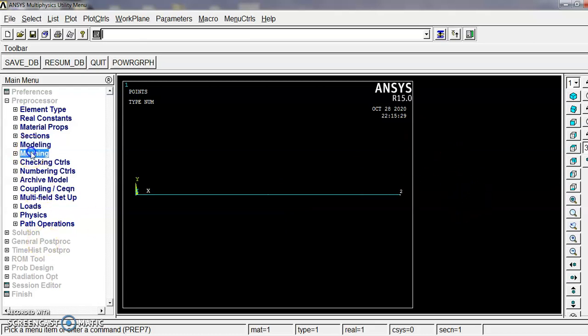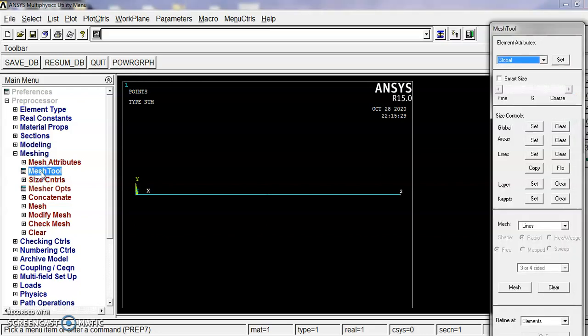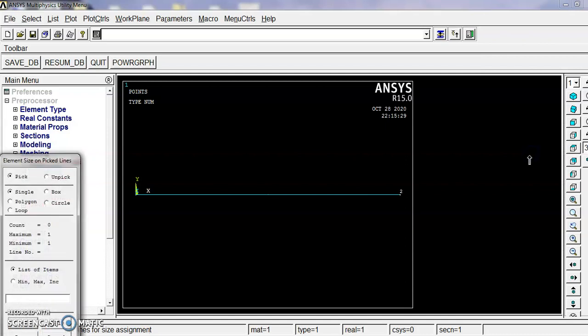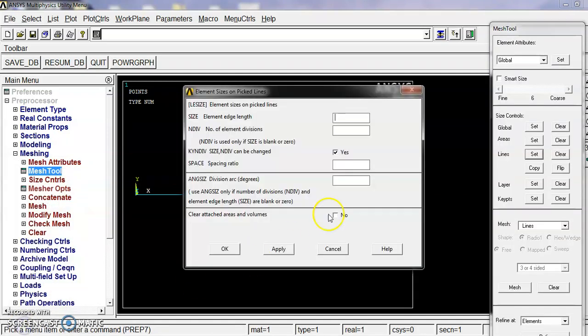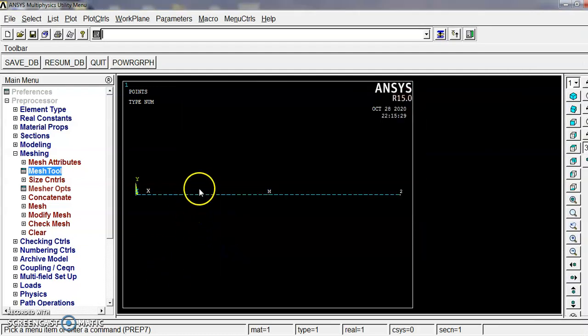You can select mesh tool, click the mesh tool, lines set, click this line, give OK. I want to divide this line into a number of elements. How many divisions can I make? I can select 50. So 50 elements can be divided.